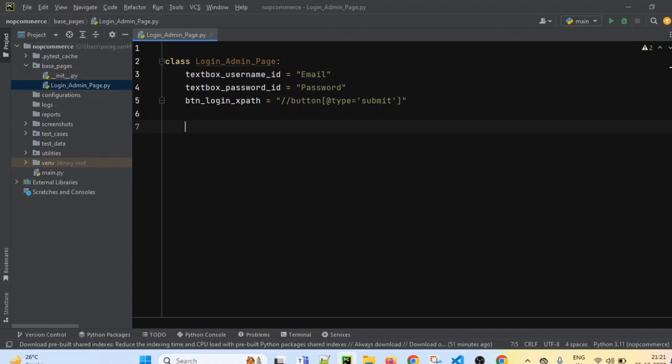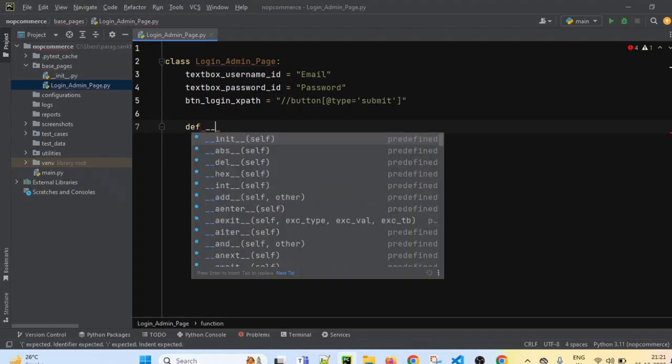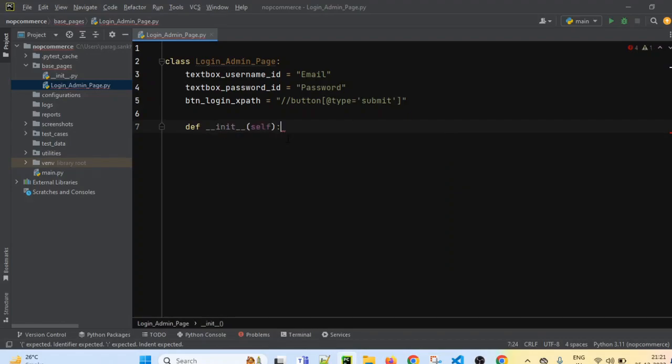Yeah, so there was some indentation error. Now we have to create the constructor. So def __init__(self), and in this constructor we are going to accept one parameter, that is driver. Now this driver will be sent by test cases. When we are creating the test class, we are going to send this driver, that we will see in some time. But just understand, we are passing driver as a parameter in the constructor of this login admin page base